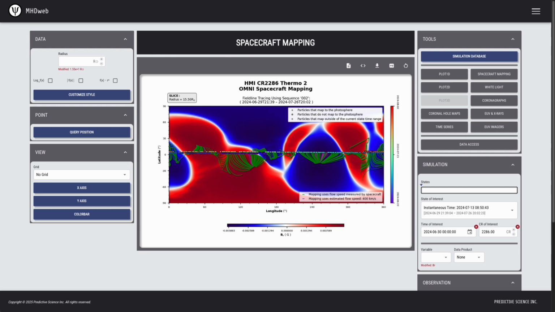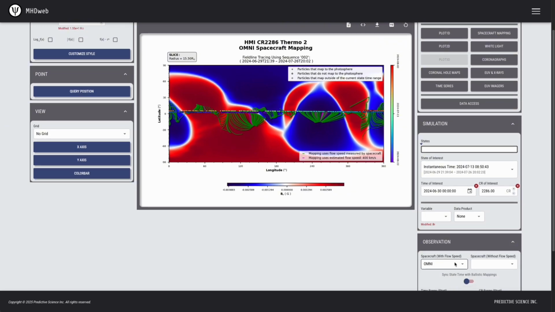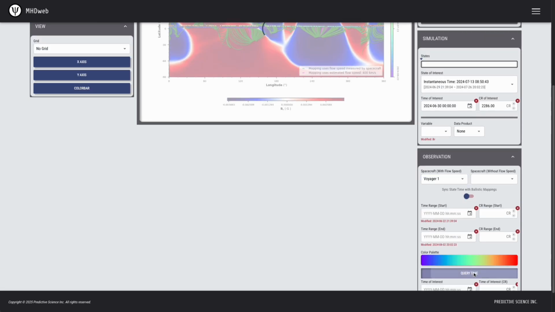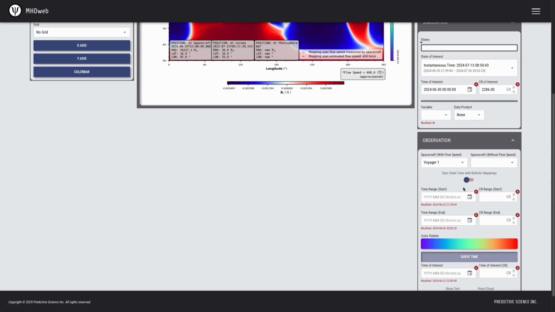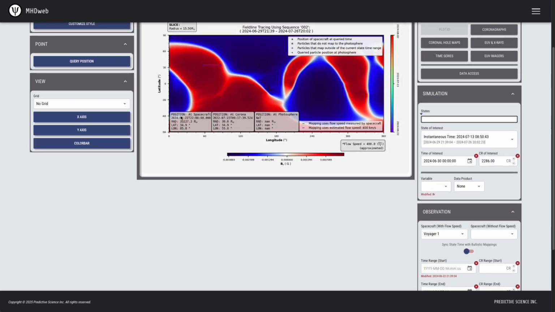Another consideration to keep in mind is what spacecraft is being inspected. Certain deep space missions have ephemeris that lie well outside of the run's heliospheric domain, so one can theoretically ballistically map from these positions to the coronal boundary, but it might not really make practical sense. So, for example, with Carrington rotation 2286, we could use spacecraft Voyager 1, and by inspecting the plot using this query time button down here, and I'll get into more about what is going on with the observation widget later, we'll see that at June 22nd, Voyager 1 was at